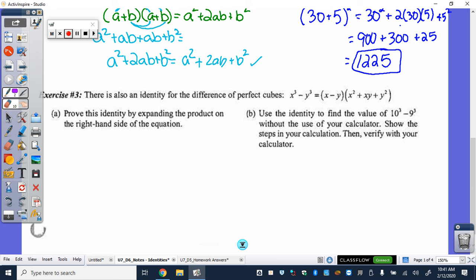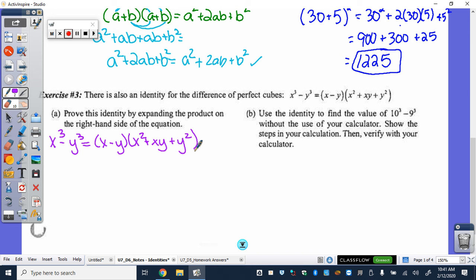All right, third example. There is also an identity for the difference of perfect cubes, and it's given there. We went through that on day 1. Prove this identity by expanding the product on the right-hand side of the equation. So I'll copy down our identity first. So you go ahead, take a minute, expand out that right side by multiplying, so do your distribution, and then